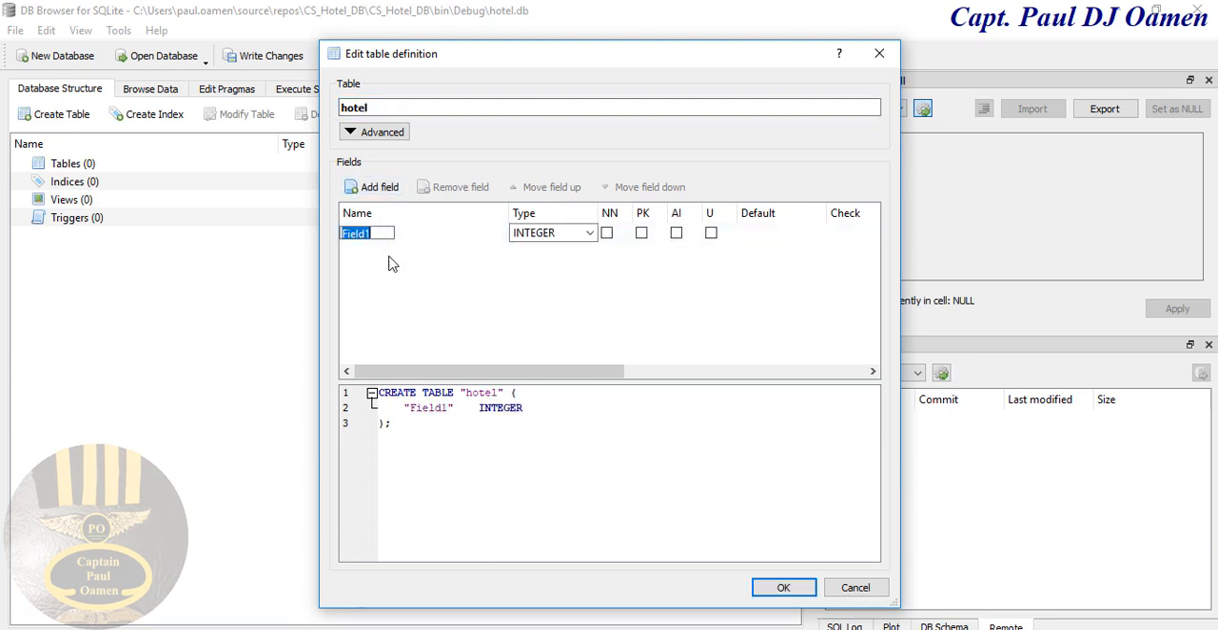Now add the very first field. The very first field is going to be ID. Make it integer, and I'm going to select not null, make it primary, and increment automatically, and here it should be a unique number. Then the next field is going to be customer reference,